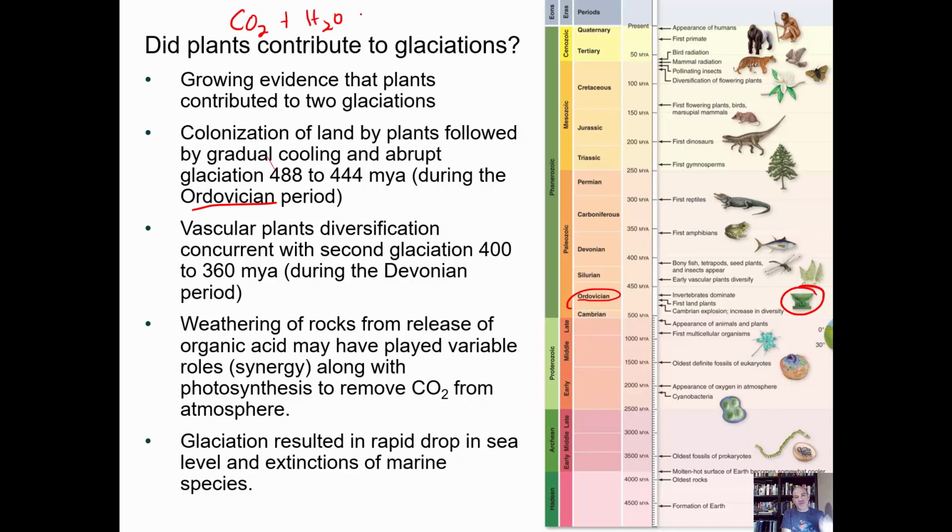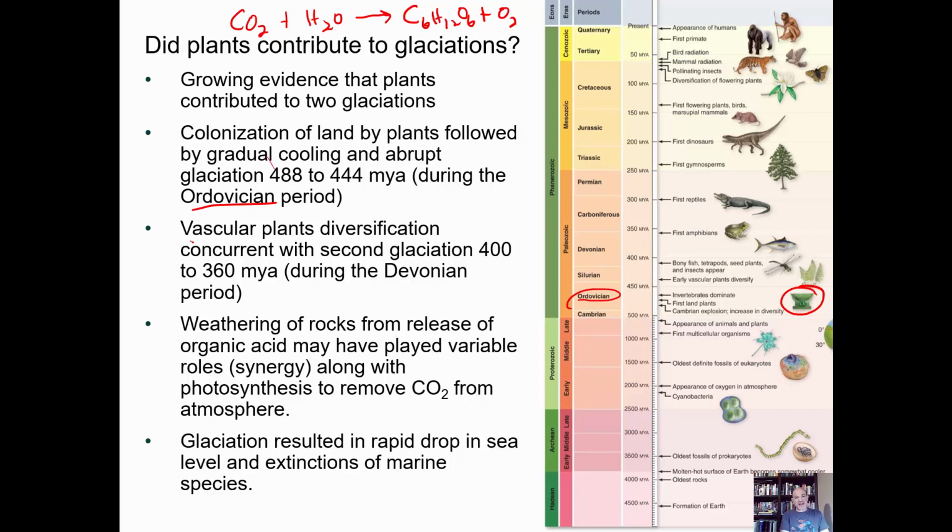We also need water. We're going to split water to generate oxygen and basically produce organic molecules like glucose, C6H12O6, and release oxygen. And so basically you're pulling CO2 out of the atmosphere, and we know when we lower our CO2 levels, that can create a cooling effect. So there was a cooling period that resulted in a regional glaciation